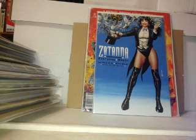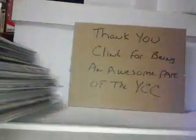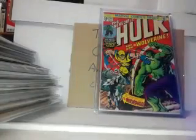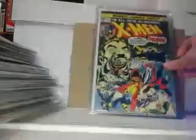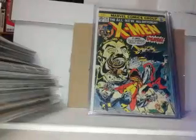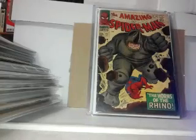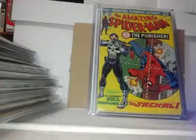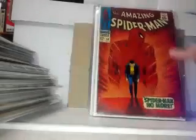All right, so moving on now. These are some just pricey books. You know, you've seen these before. So Hulk 181, X-Men #4, X-Men #94, Amazing Spider-Man 41. I don't know why I pulled that one. 129, Iron Man 55, First Thanos, Amazing Spider-Man 50,